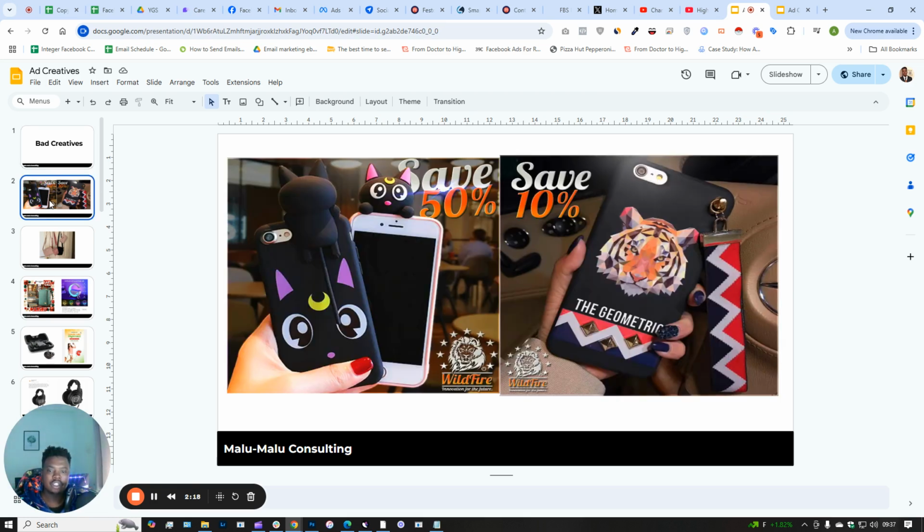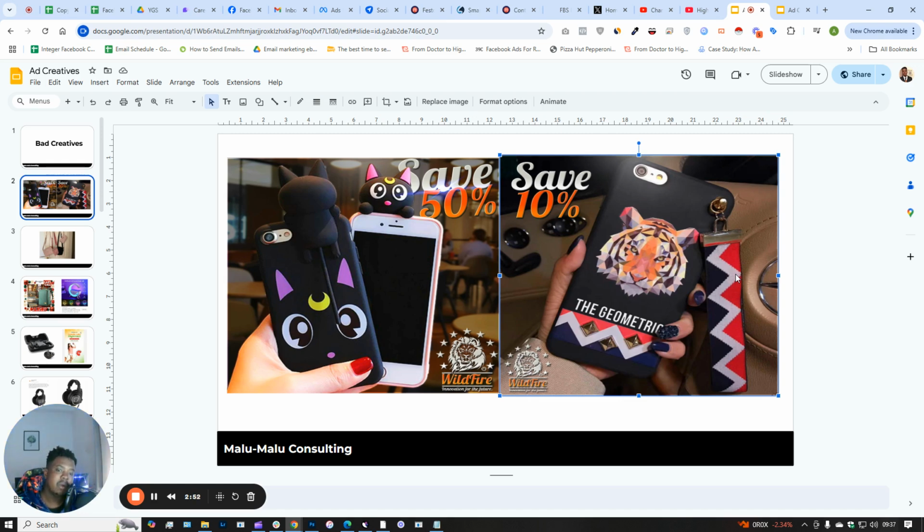So the first one is going to be creatives that I've designed myself for essentially iPhone cases that I used to sell back in the day. This was quite a few years ago. So I built a dropshipping store called Wildfire, and these were the creatives. Now, unfortunately, these creatives didn't perform really well. Now, the reason behind it is, yes, we're selling an iPhone case, and yes, the fact that this one is specifically for cat lovers, and this one is specifically for those who like